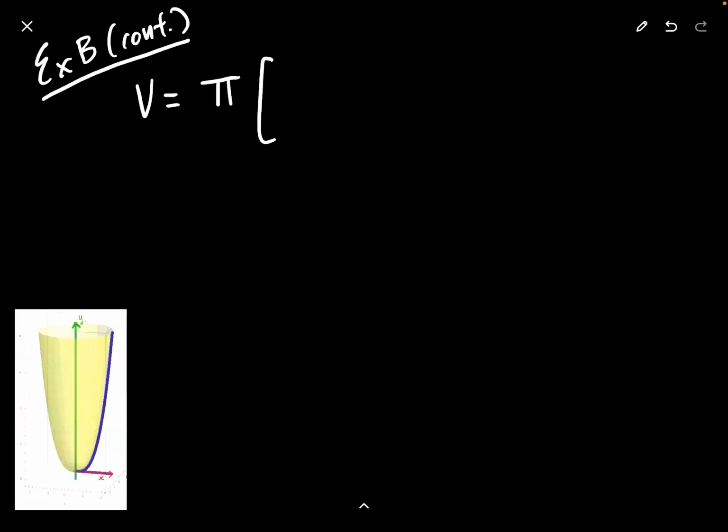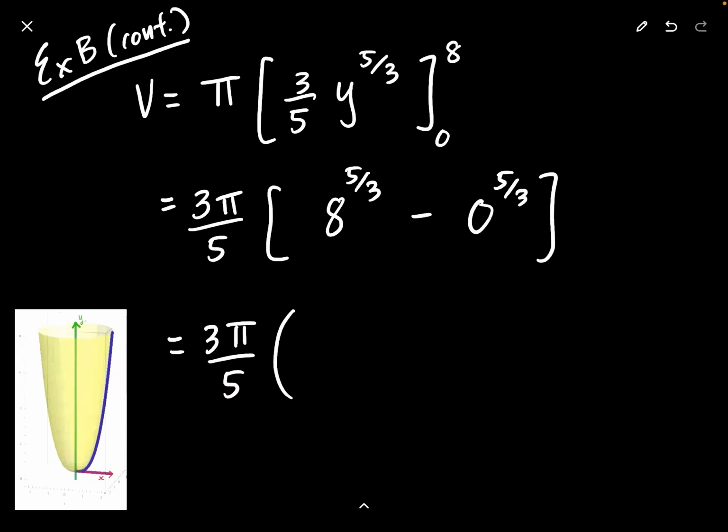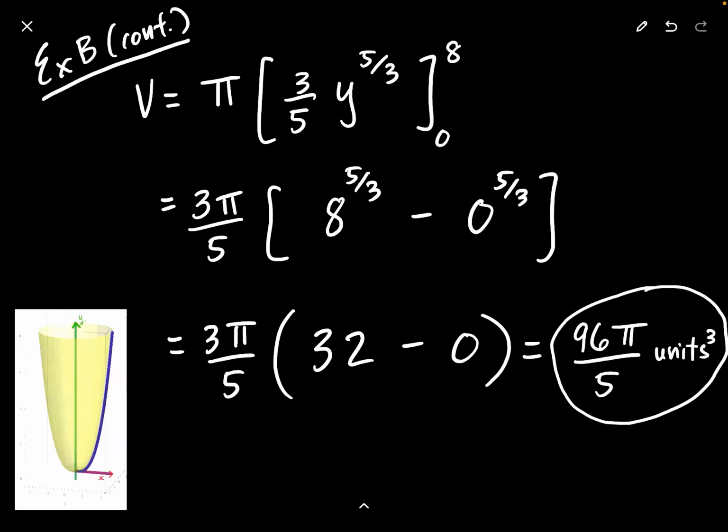So y to the 2/3 plus 1 will be y to the 5/3 divided by 5/3, or multiplied by 3 over 5. So we'll take the constant in the front, 3 pi over 5, 8 to the power 5/3. The cube root of 8 is 2, and 2 to the power 5 is 32. So just check if you get 96 pi over 5 units cubed for the volume. And again, you don't have to graph the actual solid of revolution. Here, the graph is given for